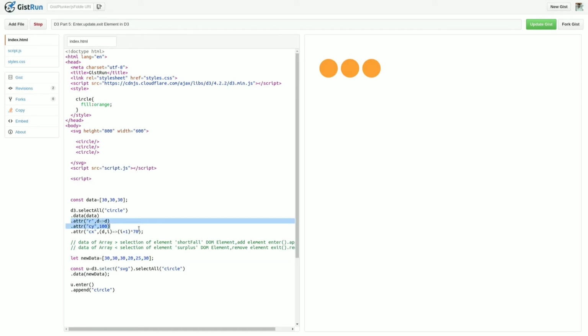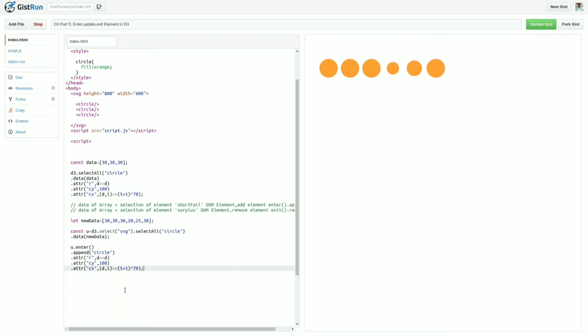Now I want to provide the radius of the circle. For the already available circles the radius is 30, 30, 30, as you can see here. Now for the fourth element the radius is 20, for the fifth one it is 25, and for the last one it is 30.